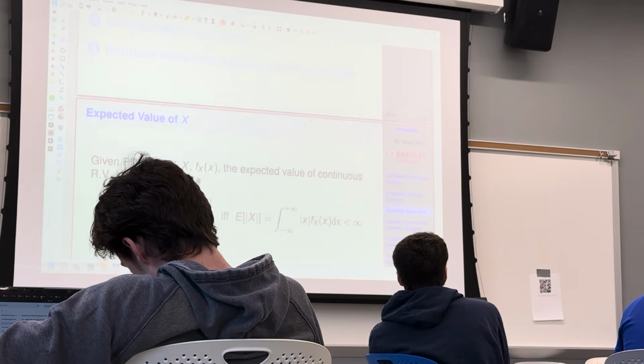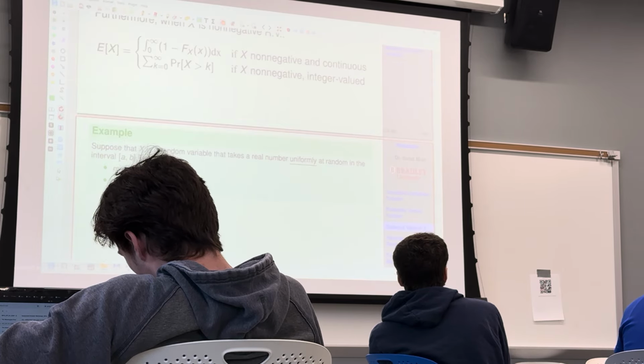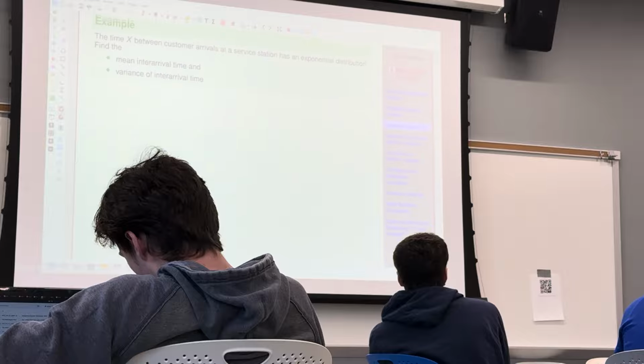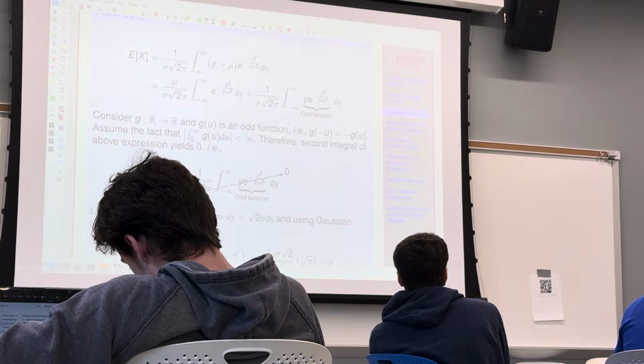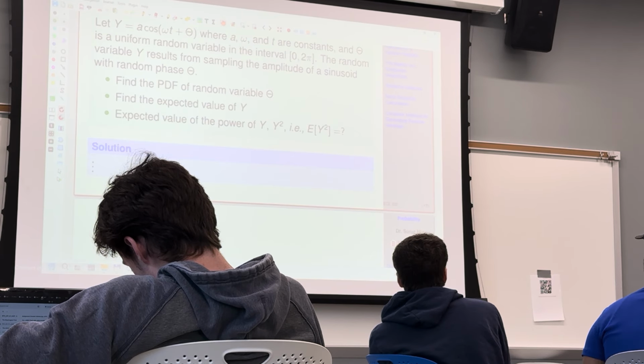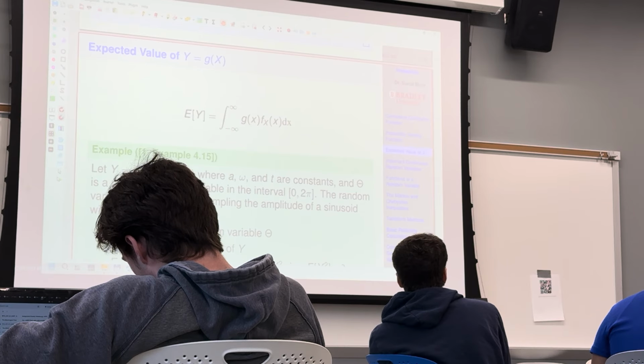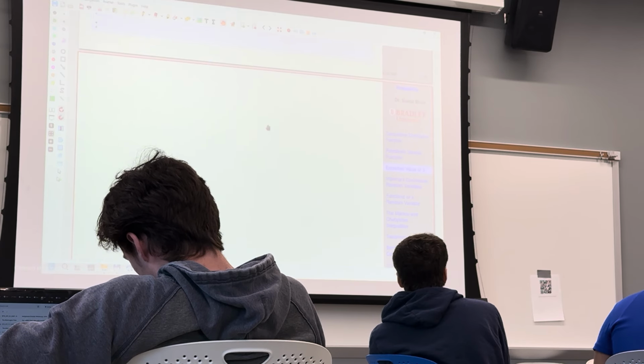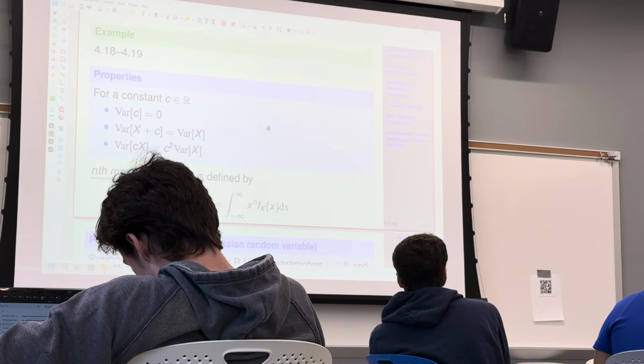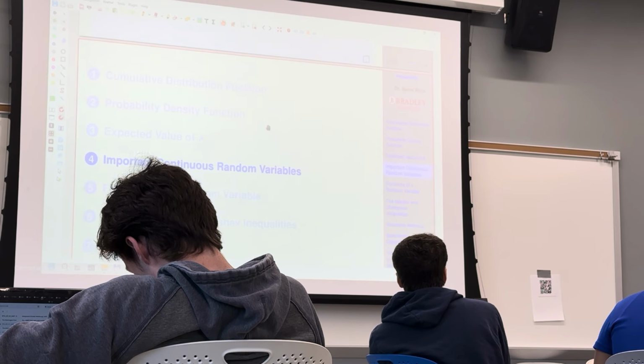And then expected value. Yeah, expected value of Gaussian random variable. Variance of Gaussian random variable. And then the other thing that I wanted to go through